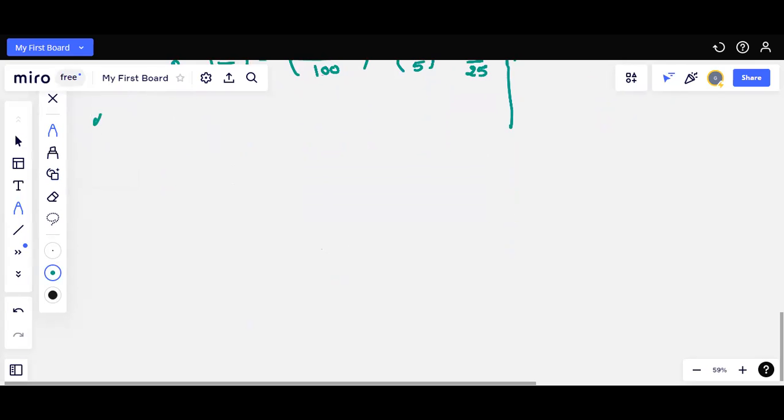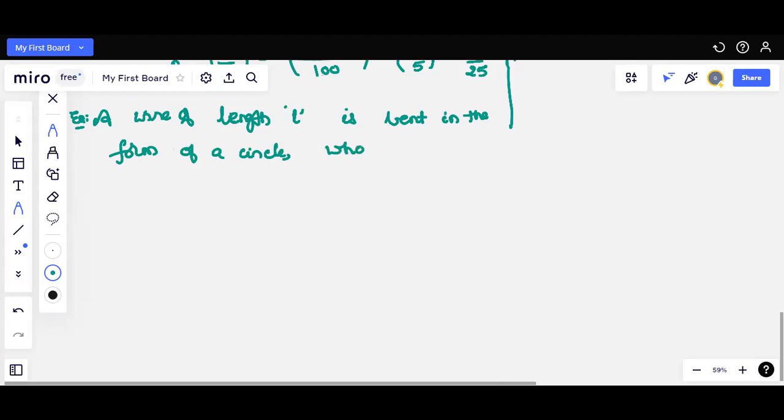Suppose this is one example. A wire of length L is bent in the form of a circle whose resistance is capital R. And the length of the wire is given as L, its resistance is capital R. Okay. Then what he is asking finally,